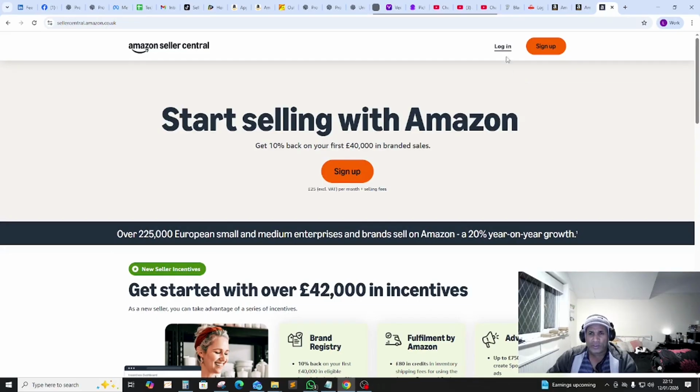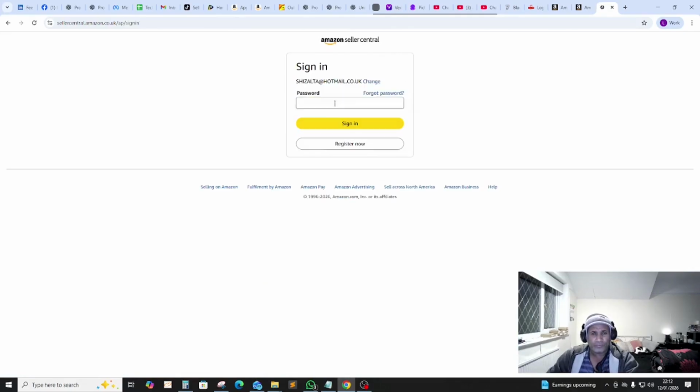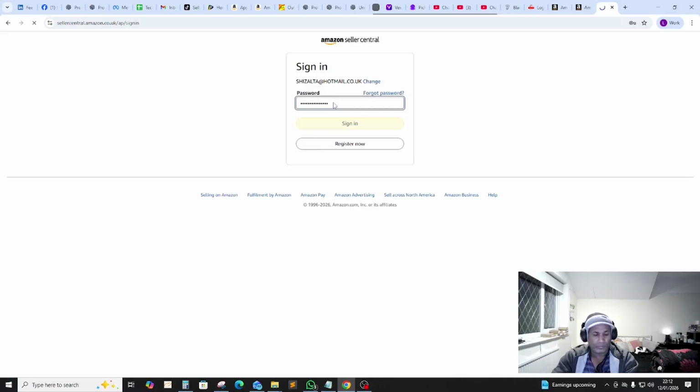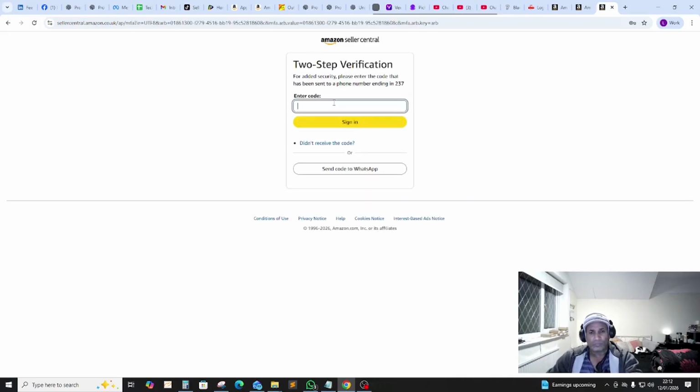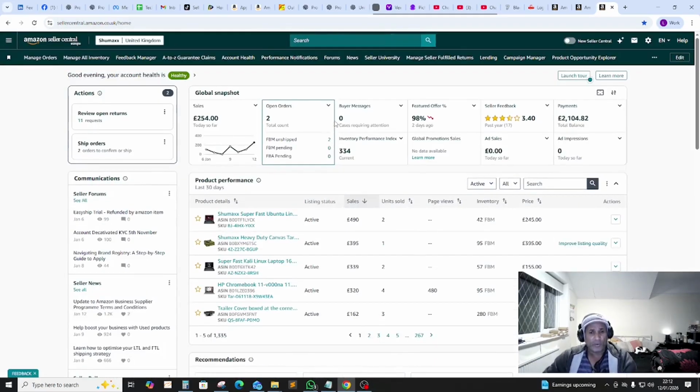First things first, let's log in to our Amazon account. And like always, we are going to get a one-time passcode on our mobile phone. So check your mobile phone, enter your passcode for security purposes, and let's go to our seller dashboard.